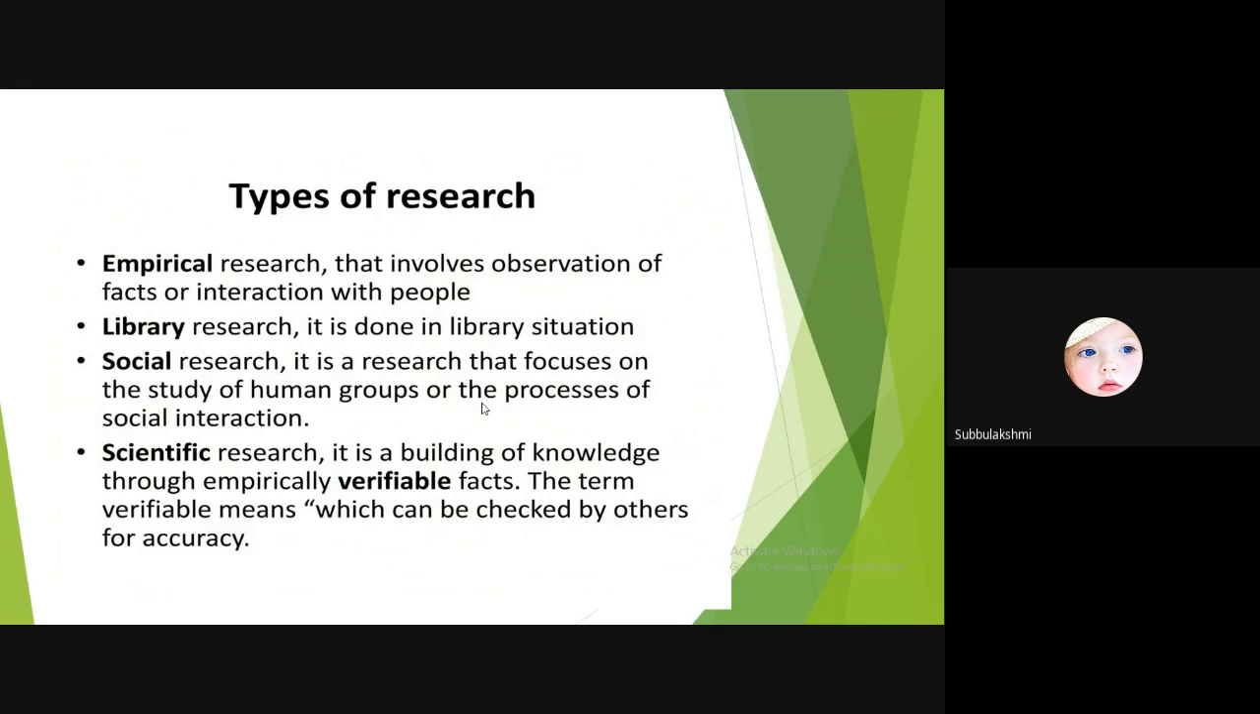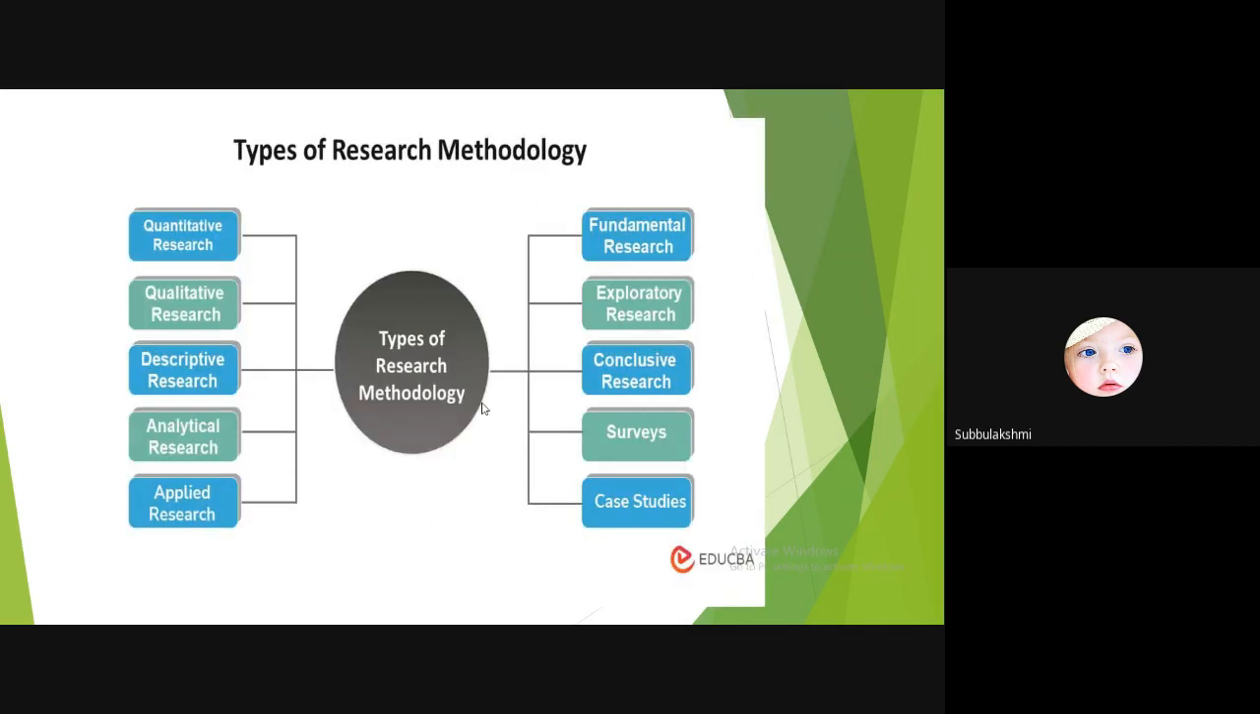Yes, friends, the broad types of research are what you find on the screen now. It can be empirical, it can be library, it can be social, it can be scientific, right? So these are the broad areas, the broad types of research. So the next slide, what you come across here, ma'am, next slide. So the next slide, again we go in for the various